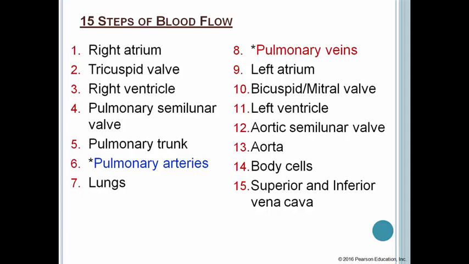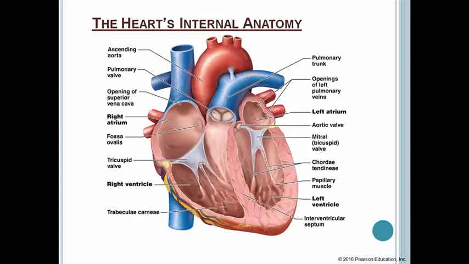So if you take every aspect of blood flow through the heart, through the body, and back to the heart, you would have these 15 steps. One of the best ways to get the 15 steps down and memorize those is to first know the internal anatomy of the heart. So if we do begin with the right atrium, you can see in the diagram the right atrium is there